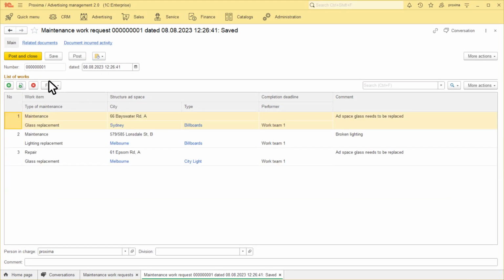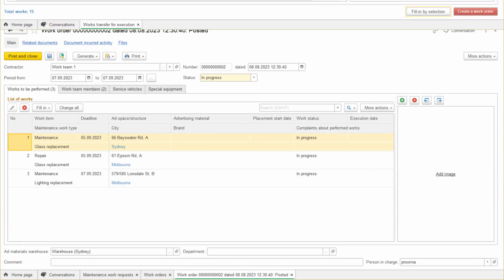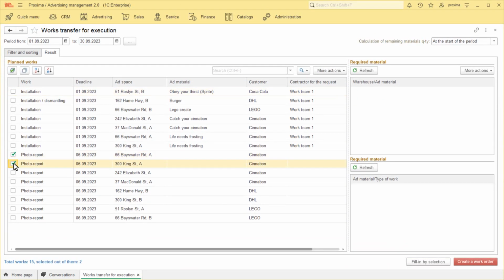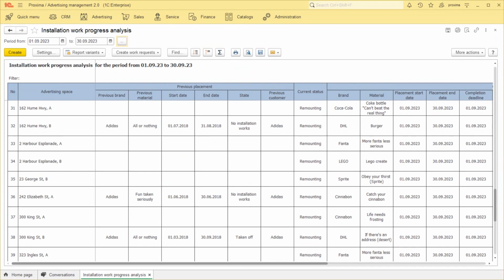Users can create a plan in a special document form and hand it over to execution with all necessary details explained. For commercial placements, it's also possible to plan additional photo reports, which will be added to the order as well. The work order statuses can be easily monitored with the help of the general report. It shows where the flighting should be done, or where blank ad material or photo report is missing.